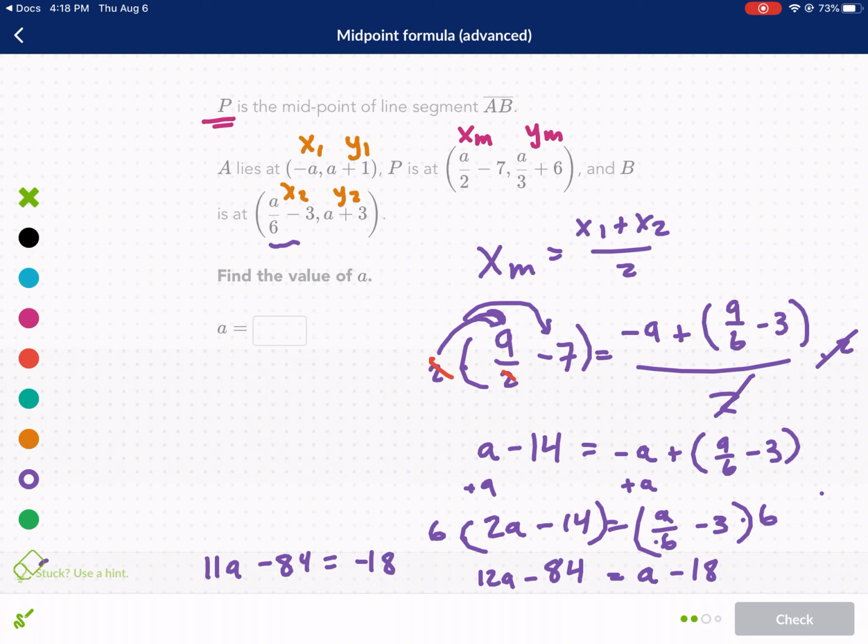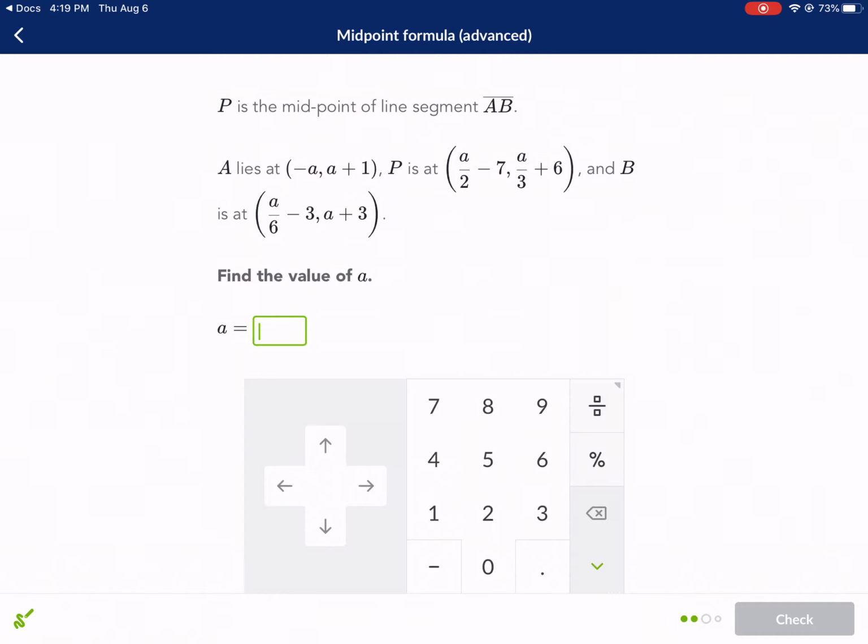So we have negative 18 plus 84. I need to add 84 to both sides to get my a alone. This is going to be the last problem, by the way. This problem is pretty long. So I get 66. So 66 equals 11a. I divide both sides by 11. I get a equals 6. And I don't even need to mess around with y, m, and do all that because I already found my value of a, and I know it is 6 because I divided 66 by 11, and I got 6, and